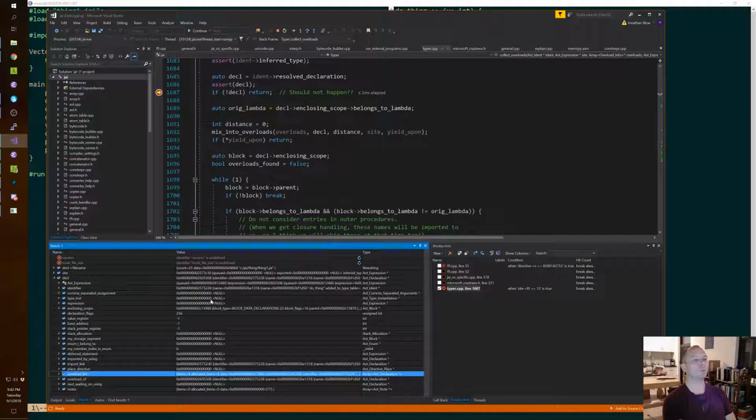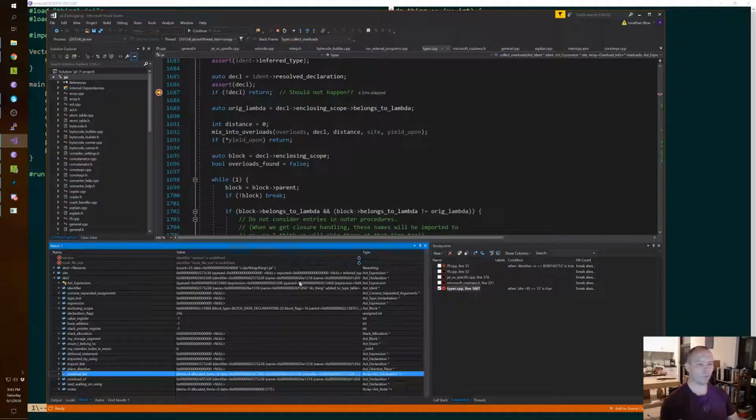Oh, but we might be doing it a little bit differently, and that might be the genesis of my problem. We might be doing this in a weird way.